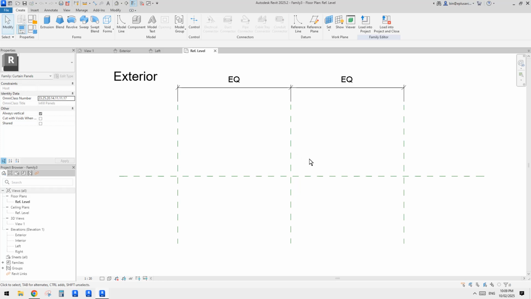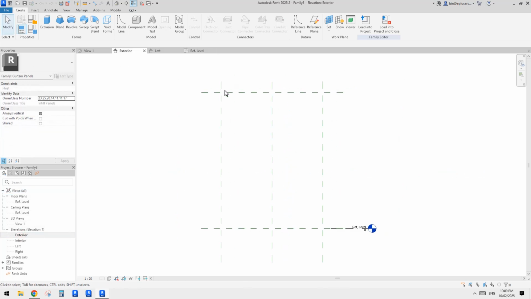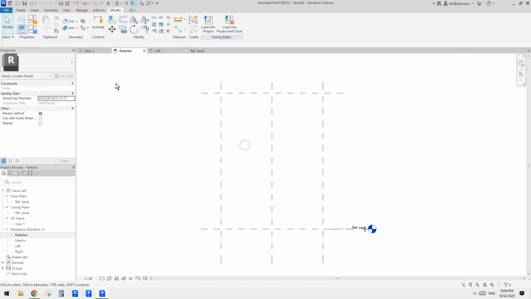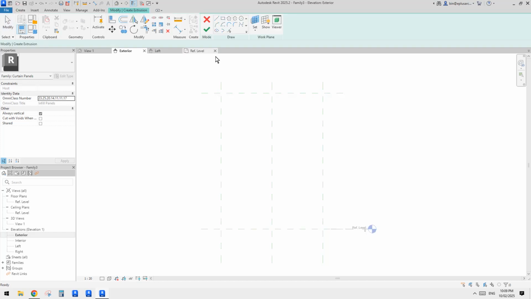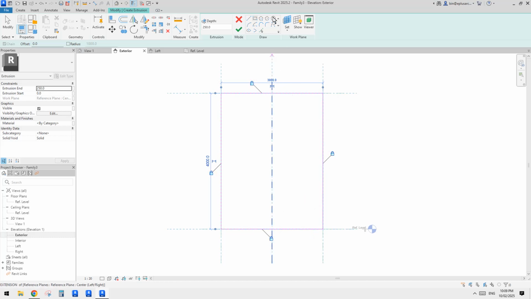For a curtain wall panel, this is the top view, so let's go to elevation. This is the curtain wall panel, so you can see top, bottom, left and right. So first let's create a panel. Let's just do an extrusion and lock onto the reference plane, and maybe I'll just